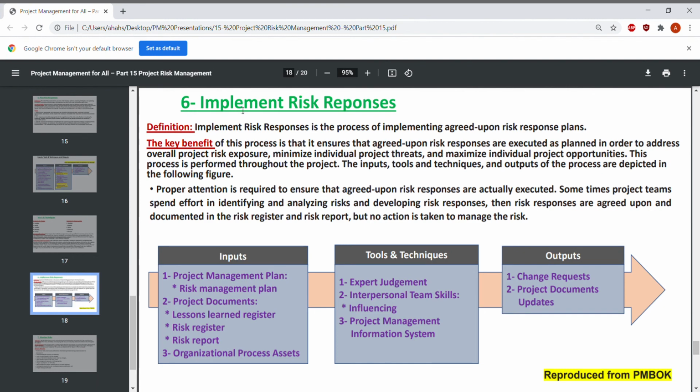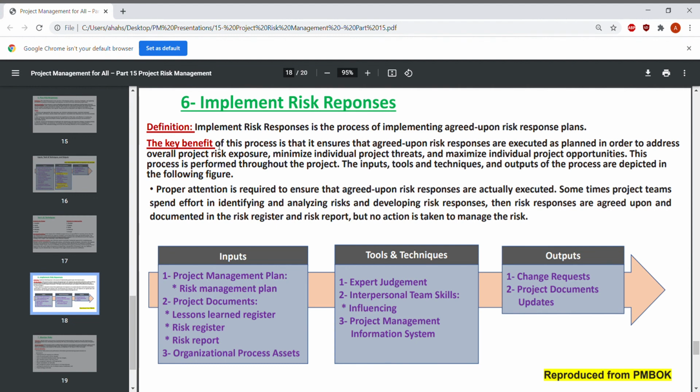The sixth process here in the project risk management is to implement the risk responses. So we planned and identified these risk responses. Now we need to implement these responses. The definition of this process: it is the process of implementing agreed upon risk response plans. So we made the risk response plans. Now we need to implement these plans or these